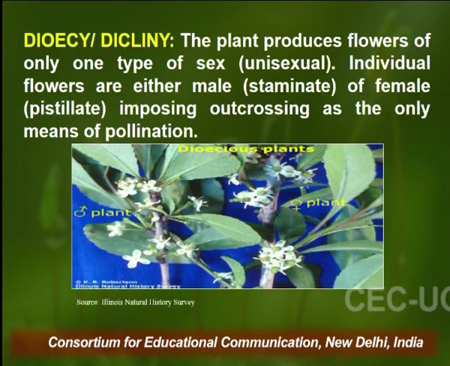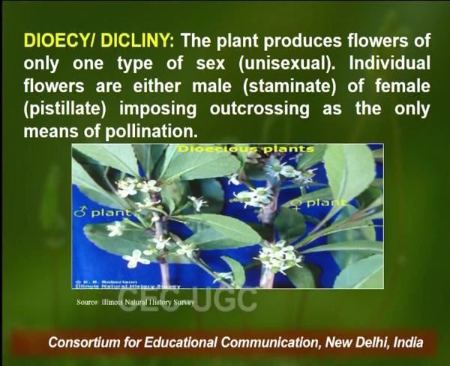If there are flowers of only one sex, then there can be no pollination and fertilization happening in that flower. Individual flowers are either male, which we call staminate flowers, or female, which are referred to as pistillate flowers. These impose crossing as the only means of pollination, because